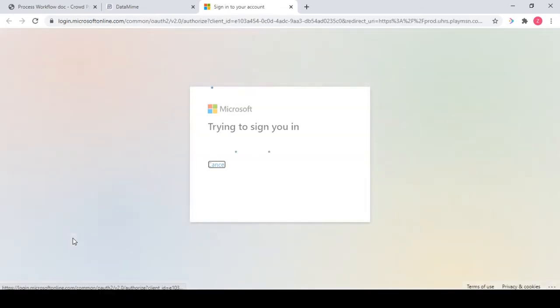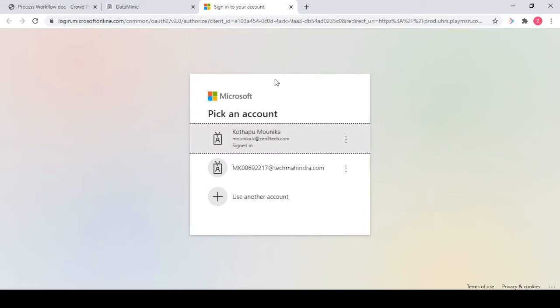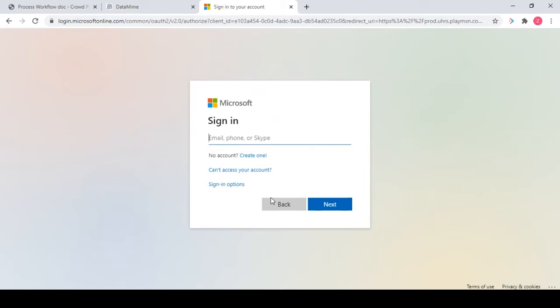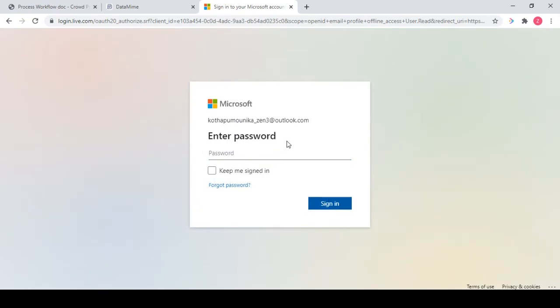Once you click on sign in, you will have to pick an account to sign in to your Datamine. That should be the Outlook account that you have. So give your Outlook ID over here, and then your Outlook password.